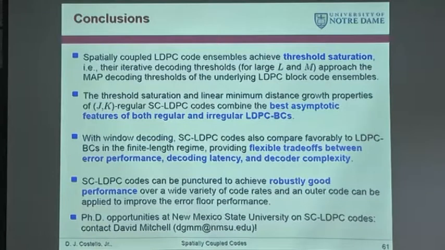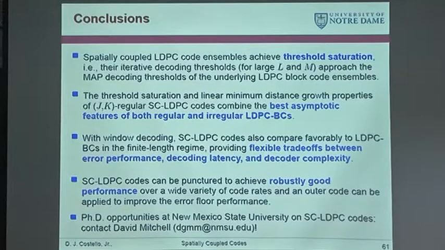This threshold saturation property, along with the linear minimum distance growth property of the J,K regular versions of the spatially coupled codes, combine the best aspects, at least the asymptotic properties, of the regular and irregular block codes. So with window decoding, in the finite length regime, these codes can compare favorably to block codes,